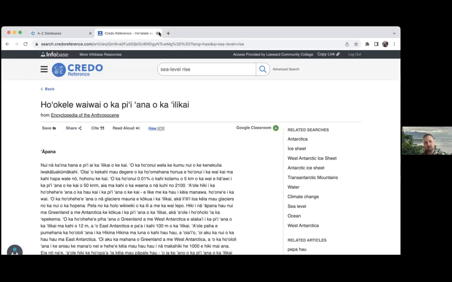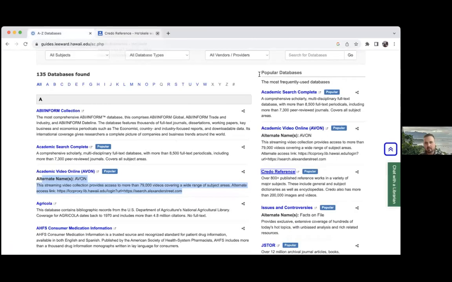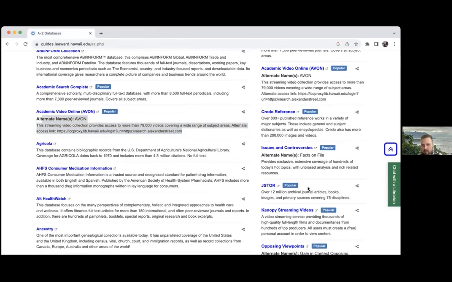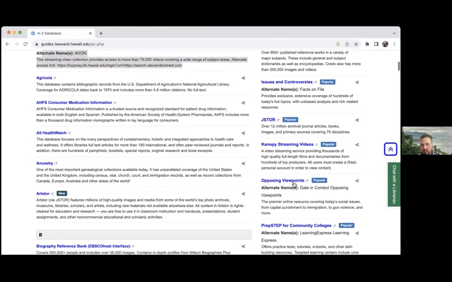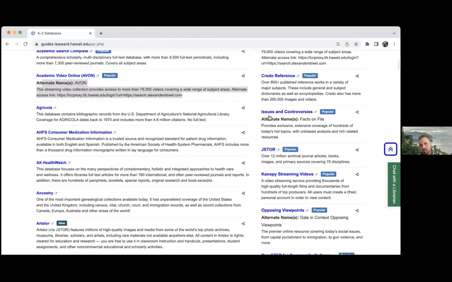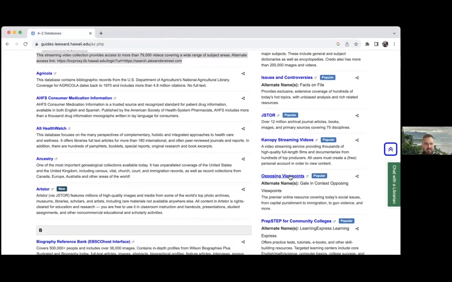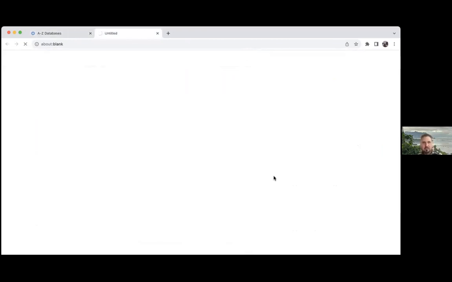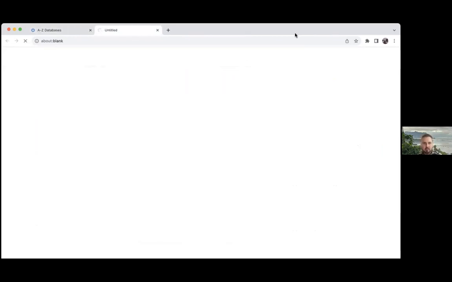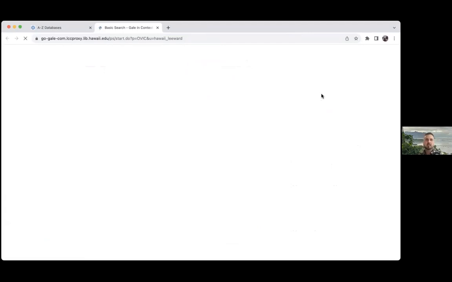Okay, so this is a really helpful resource for background sources. We've also got some others like Issues and Controversies, JSTOR, and Opposing Viewpoints. Issues and Controversies, if you're dealing with problems or issues, this is where you want to go. Opposing Viewpoints also deals with issues and controversies, but I think it's a little bit broader. I'm going to pull this one up because what I like about this database, maybe more than some of the others,